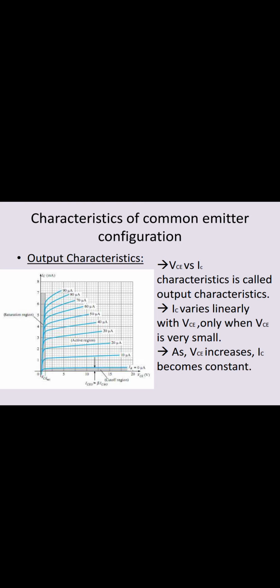transistor, CE mode has also three regions, namely active region, cutoff region, and saturation region. The active region has collector region reverse bias and the emitter junction forward bias. For the cutoff region, the emitter junction is slightly reverse bias and the collector current is not totally cut off. And finally, for the saturation region, both the collector and the emitter junctions are forward bias, which we can see in the graph.